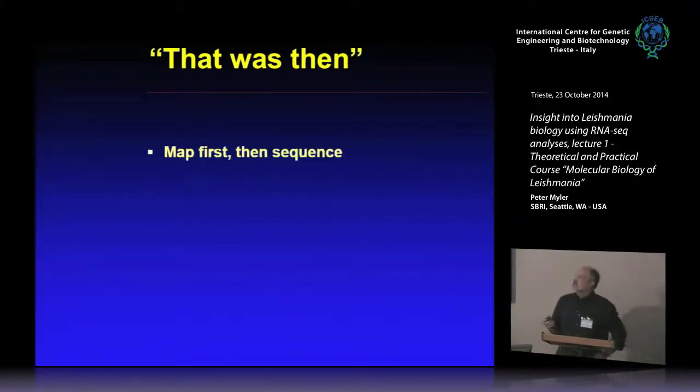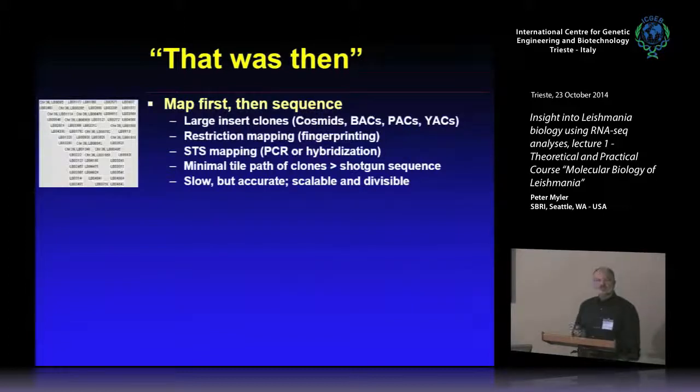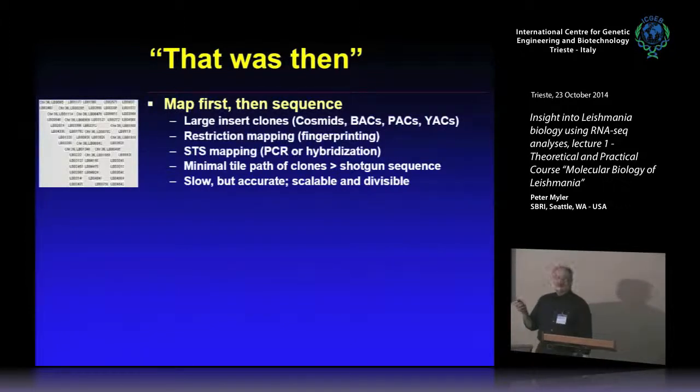OK, so sequencing. This is what we did when I started the genome sequencing projects for Leishmania and trypanosomes in the mid to late 90s. We used a map first and then sequence approach. So you cut your genome up into a bunch of big cosmids or BAC clones, and you then used restriction mapping or hybridization to fingerprint them so that you could come up with a map of how all of these clones overlapped, and then you would choose a minimal tile path out of these, and then you would shotgun sequence the clones,